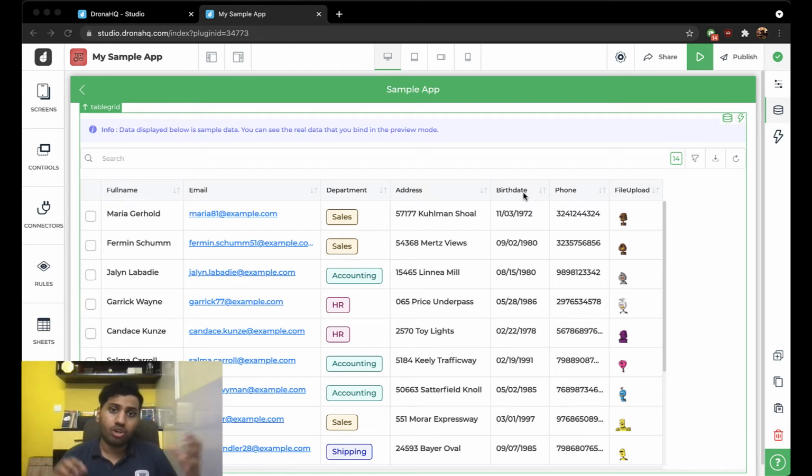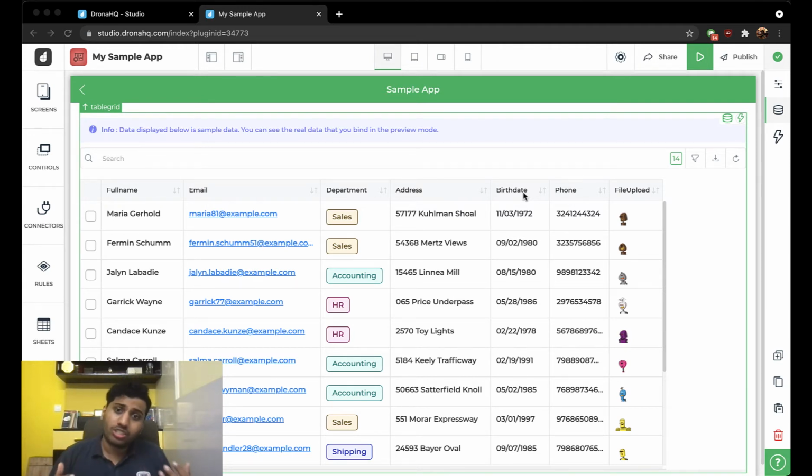So a lot of times you're retrieving data from different sources. You might be getting a date from Zendesk, for example, and you want to put it in your database. But the date you're getting is in a different format, and the date you want to put in your database is a different format. So you're stuck and you don't know how to proceed ahead.